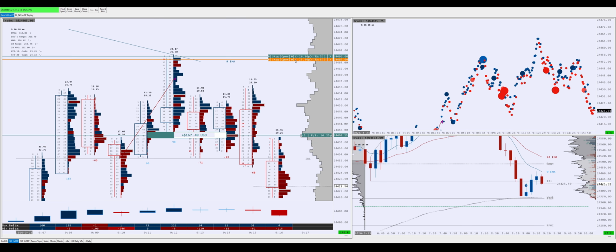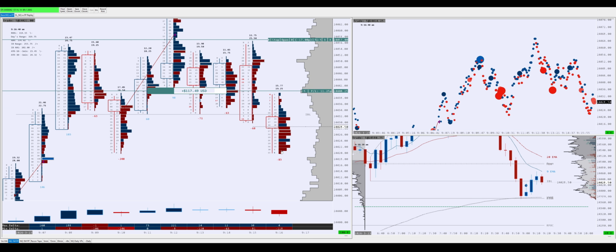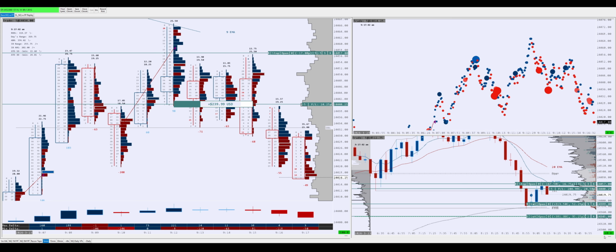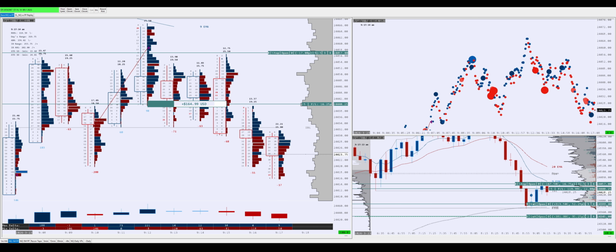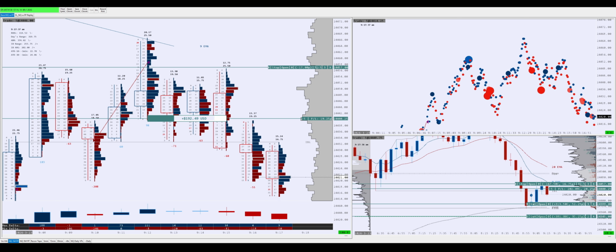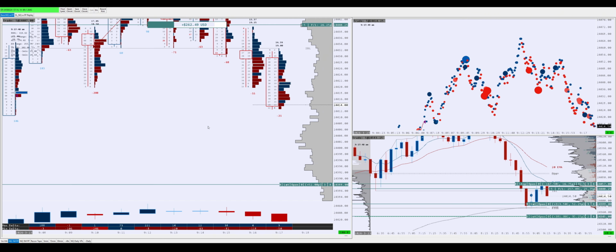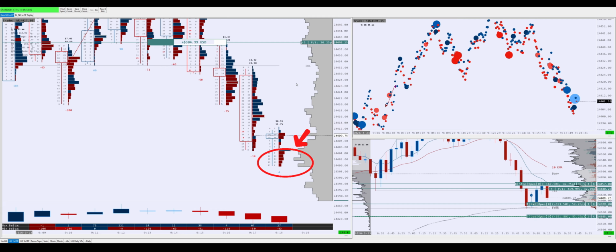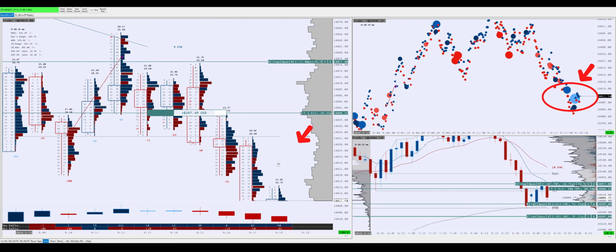Right here at 9:16, you can see buyers would not hold above IB low, giving me more confidence to hold this short. Again, failing from the highs and then breaking down below IB low on the other side and holding here with every single buy attempt failing is pretty good context for me and gives me a lot of confidence to hold this trade. At 9:18, you can see a really, really big buyer coming in around the 24,400s,